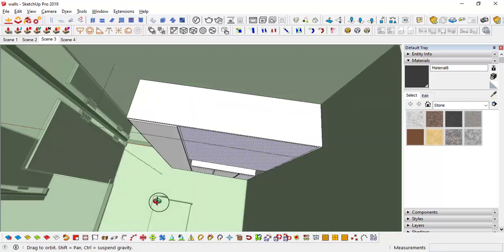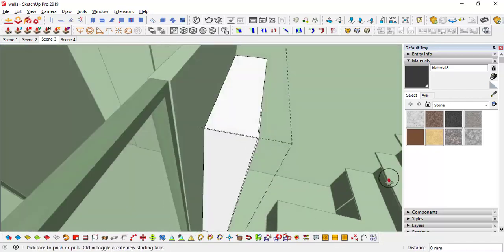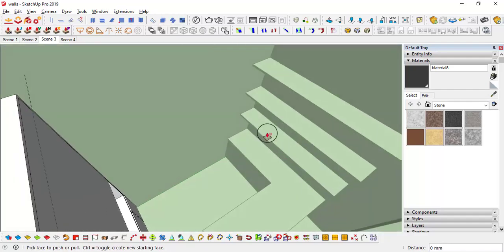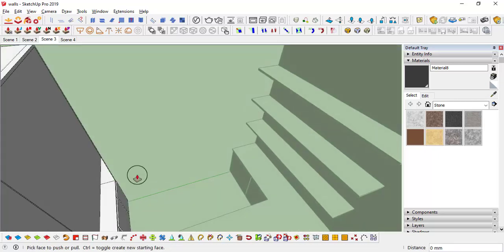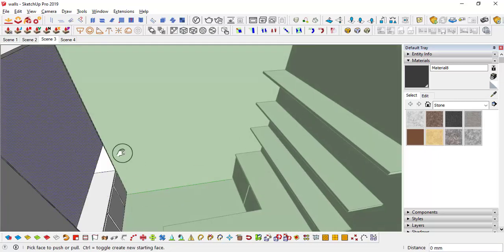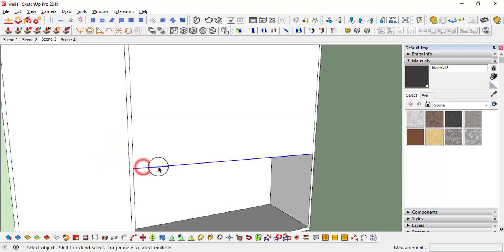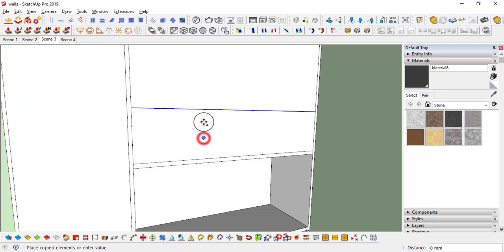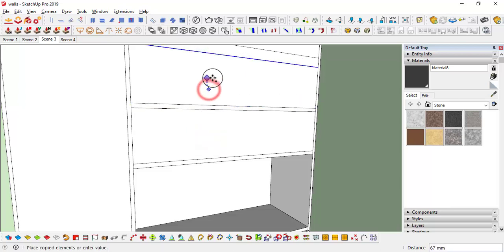And here I want to make the open shelves just like this. How many shelves have we made? 1, 2, this one base, 1, 2 shelves. First of all, copy this line, M, control 0.75, no, 1 inch. Next one, control 1 feet, control 1 inch, then again control 1 feet, control 1 inch,